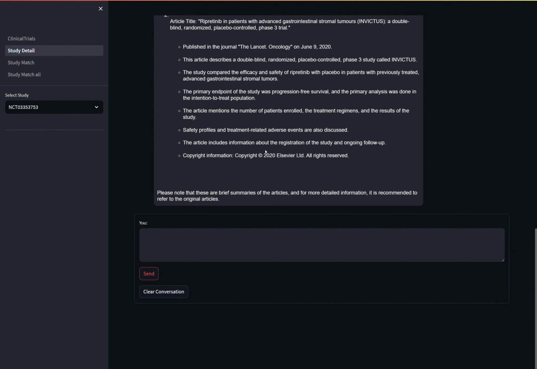The data sources for this are obviously ClinicalTrials.gov, from which I pull in the data using an API, and similarly with PubMed, I pull in the relevant articles that match a particular study, and then use